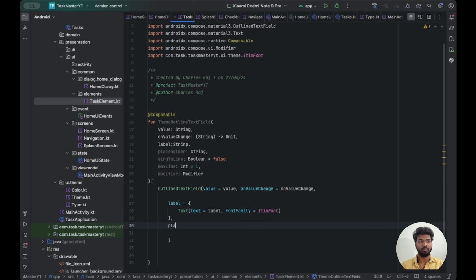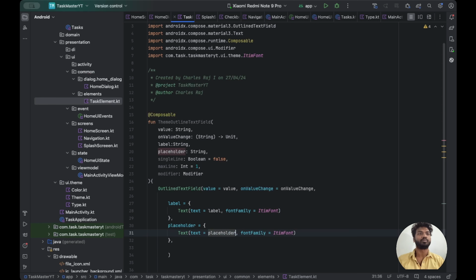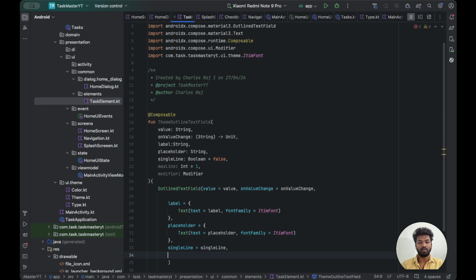Okay, comma, placeholder also the same, but the text will be placeholder text. Single line is equal to single line, max line is equal to max line, not this one, max lines. Okay, max line is equal to max line. Okay,